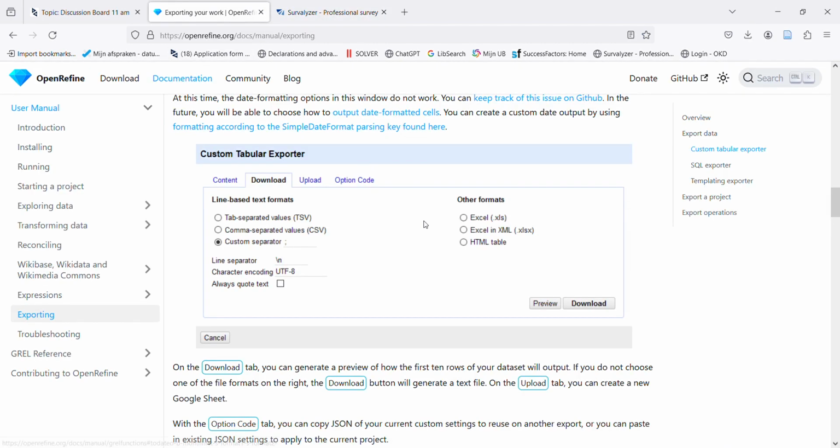Not all students will actually want to work with OpenRefine, because they might really just want to grab the whole data set as it is. So you can also just open it in Google Sheets or Excel or whatever you're using and copy and paste the review column to a TXT file. But it's also perfectly possible to work with what they call the custom tabular exporter in OpenRefine and select